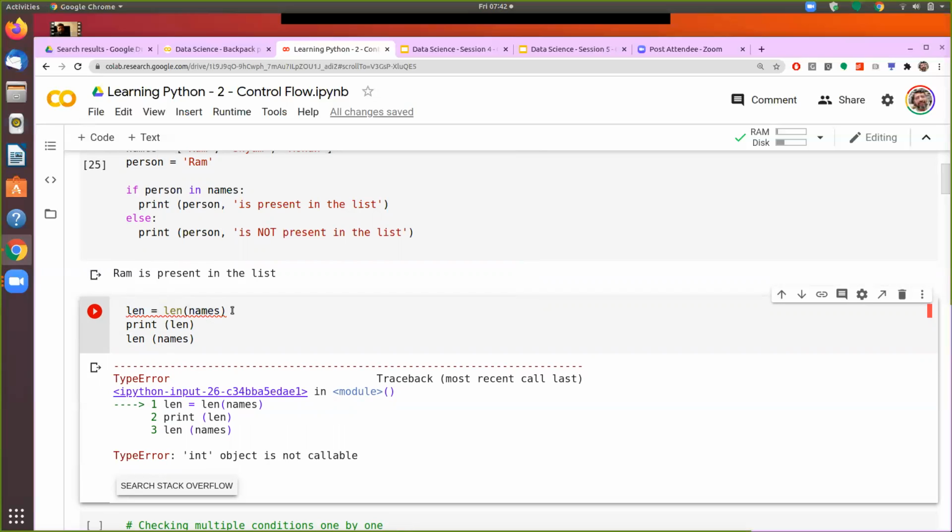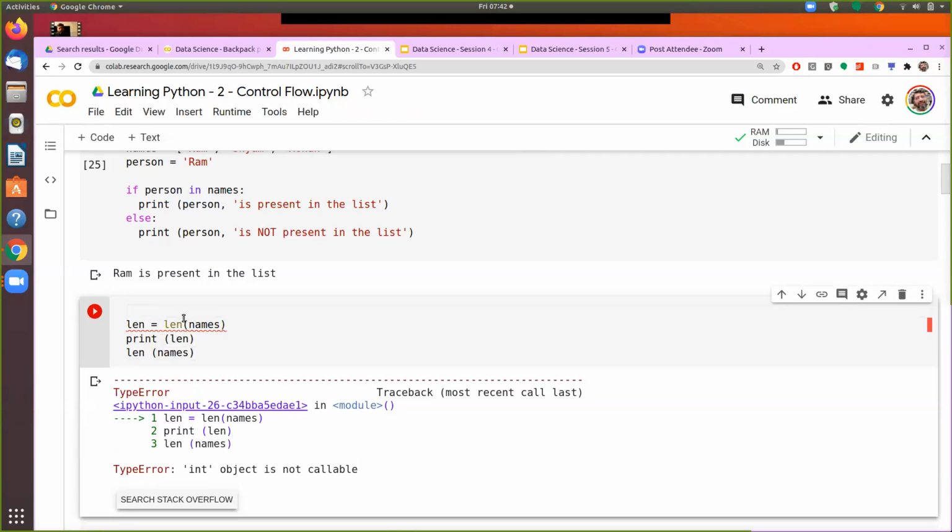So here it is saying that int object is not callable. It means that it is not recognizing len as a command here. That is because I have used that as a variable now, and therefore I used to delete this variable. Then let's see what happens.